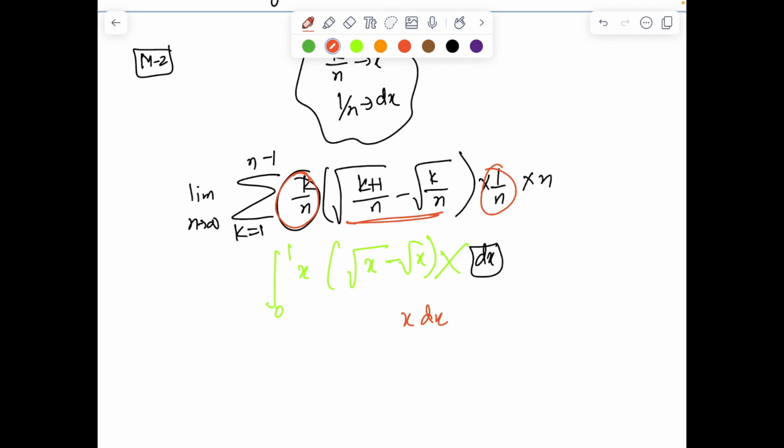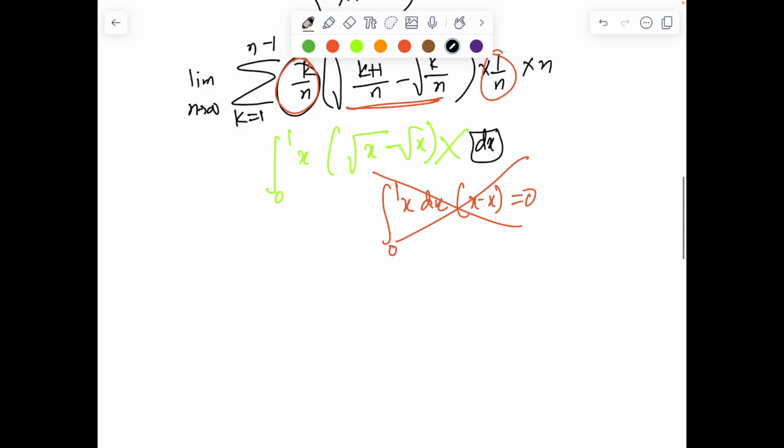But what about this part? This part is still like x minus x, so it gives you nothing. So the 0 to 1 integral is giving you the answer 0, which is again clearly wrong. Okay, so how to manage this? You can't directly replace it, we have to replace by